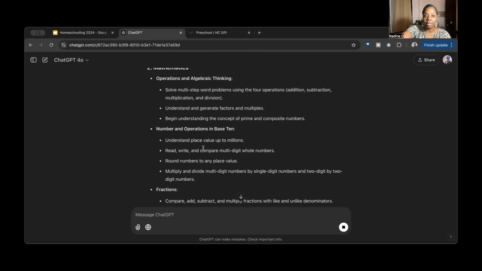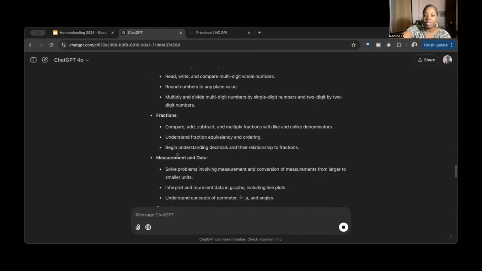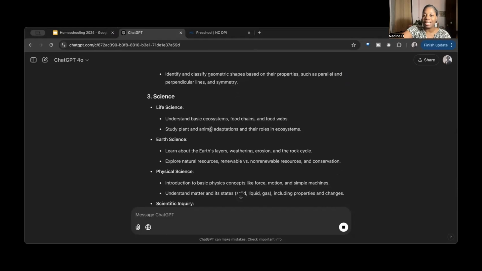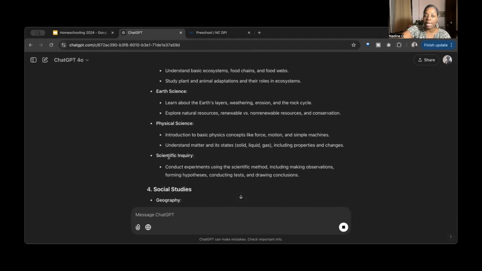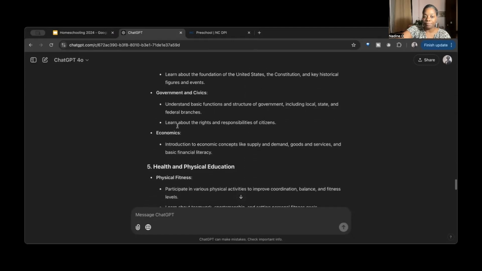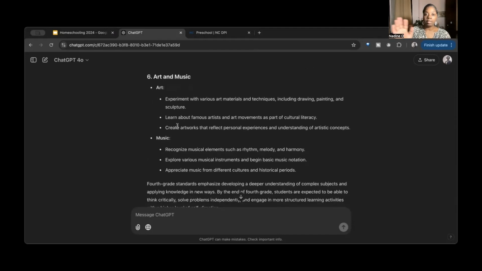In math, they break it down to the branches of math: operations and algebraic thinking, number and operations in base 10, fractions, measurement and data, geometry. Science in fourth grade is life science, earth science, physical science, scientific inquiry, and then on to social studies, okay? Physical education is also included here, art and music. So ChatGPT is probably a really great place to start because when I'm reading this, it's in easy to read and